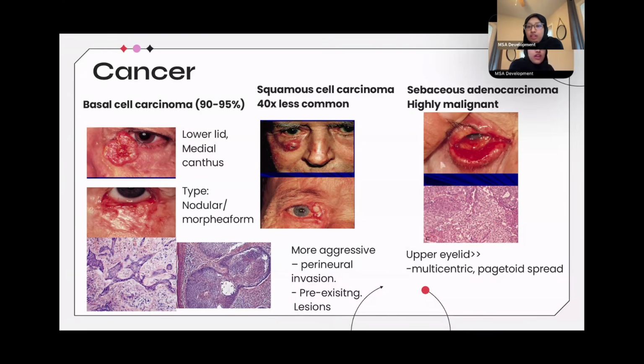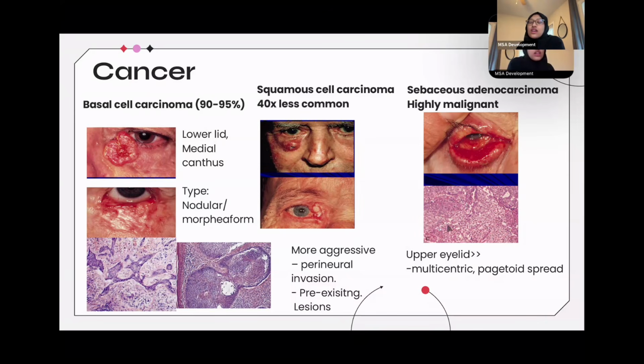If it's very, very red and you see here like glandular appearance, you'll see a lot of secretions, like pinkish structures there. Again, it reminds you of adenocarcinoma, right? Adenocarcinoma always looks like this, but in the eye, it's even more bad and very, very malignant, even if it's rare. This is called sebaceous adenocarcinoma, most commonly in the upper eyelid. So upper eyelid, multicentric and pagetoid spread means it spreads all over like that, and all over like that